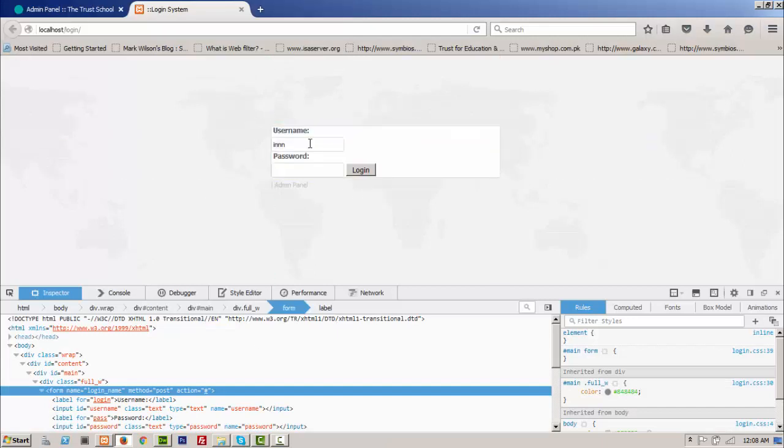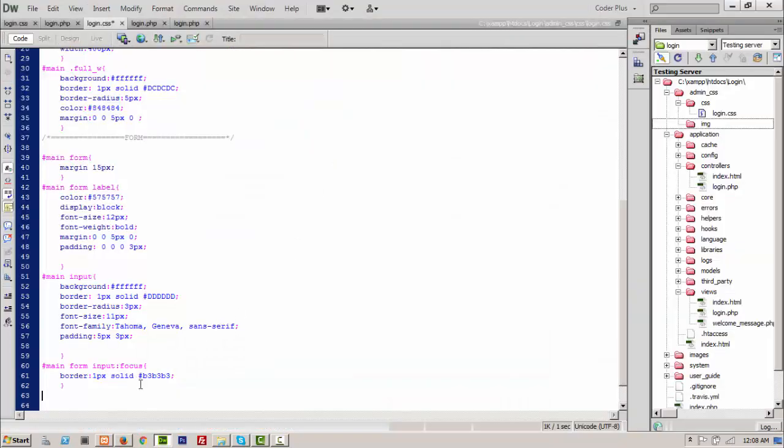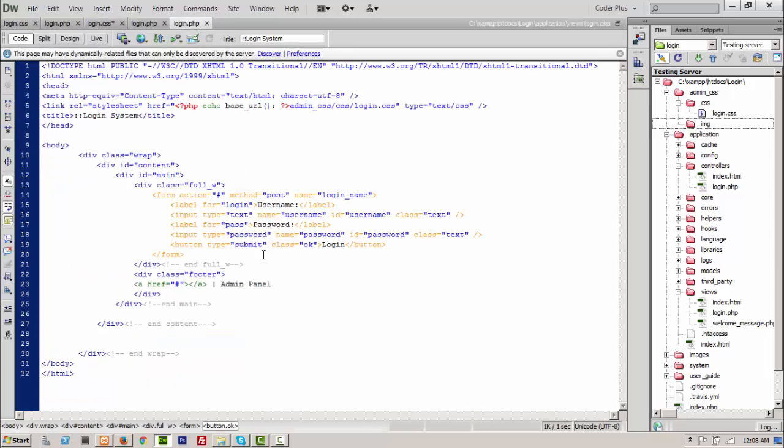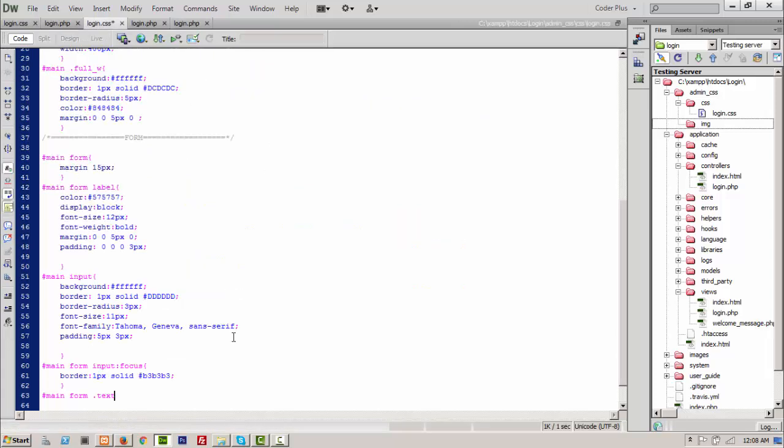The width is this input field width from this to from this, and I will set it to main form dot text. The class text we set it in login form. Yes, this input class text, I am targeting this input field and the class of text. So, class text